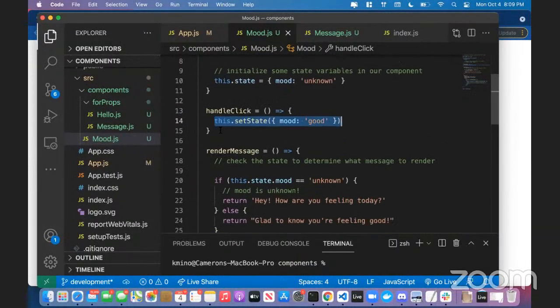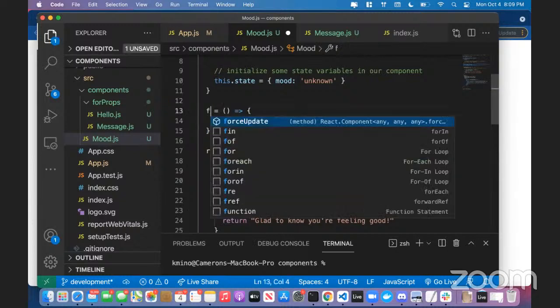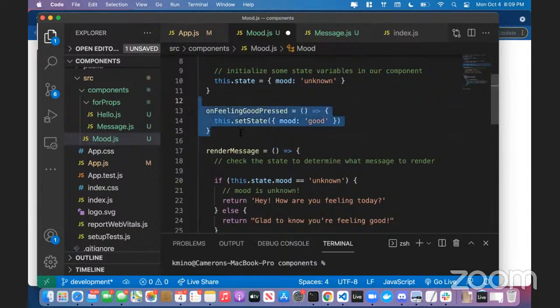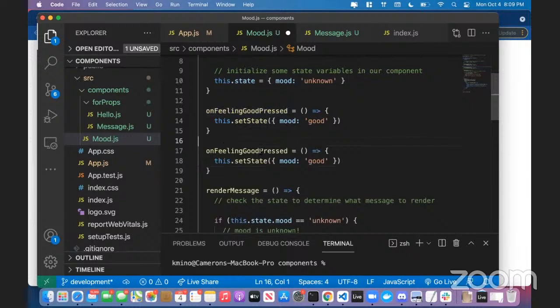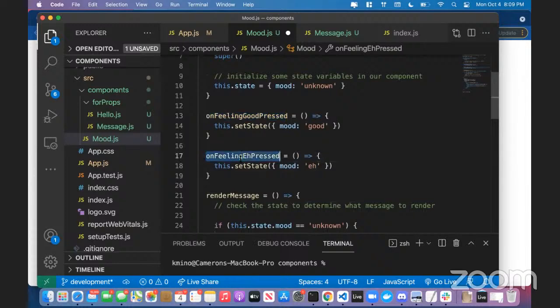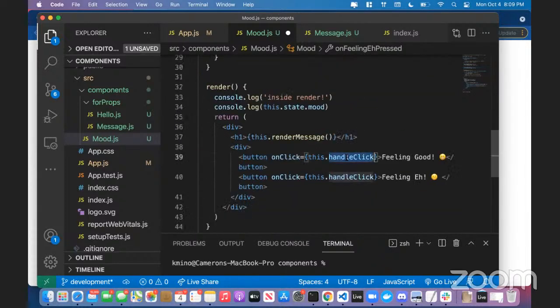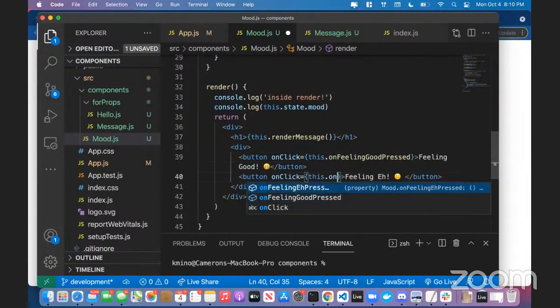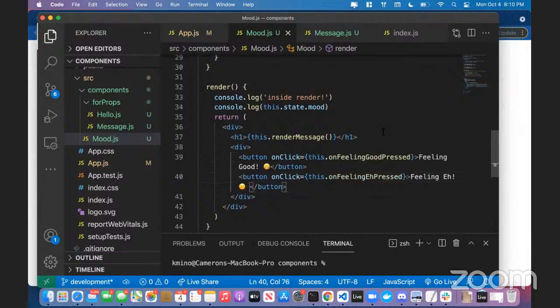One thing we could do is make a new function. Let's say on feeling good pressed, and that can be a new function. And we can have another function called on feeling pressed, where we say mood is right? So now we have two functions. One is on feeling good pressed and one is on feeling pressed. So I'm going to change this from this.handleClick to this.onFeelingGoodPressed, and this.onFeelingPressed. And that might solve our issue